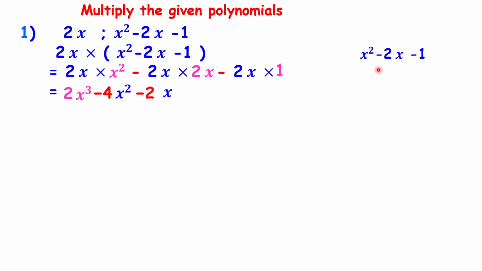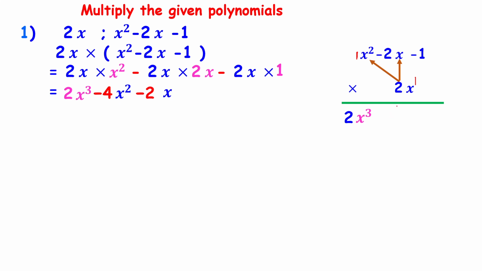Now we take the product of these two terms by the vertical method. The first trinomial is x square minus 2x minus 1 into the monomial 2x. We multiply 2x to the first term x square. The coefficient of x square is nothing but 1. Therefore, take the multiplication of their coefficients. We will get 2 ones are 2 into the variable x, which is the same. Therefore, we take the addition of their indices. Here 2 and 1 are the indices of the variable x. 2 plus 1 is nothing but 3. Therefore, x cube.